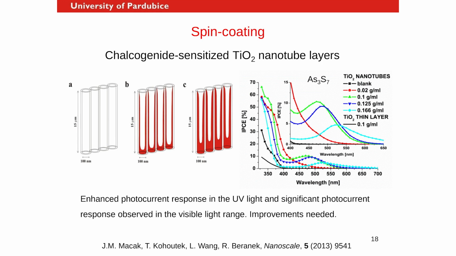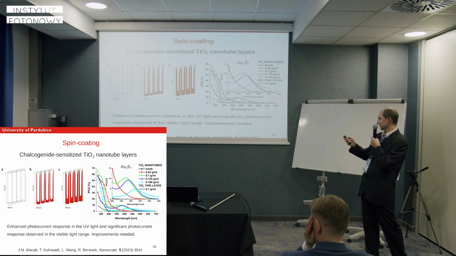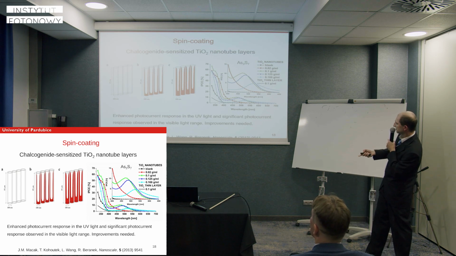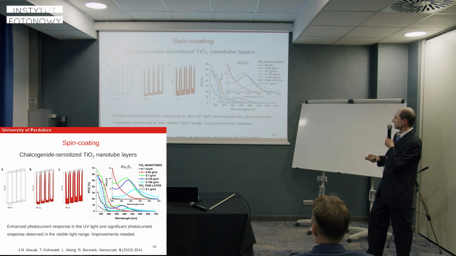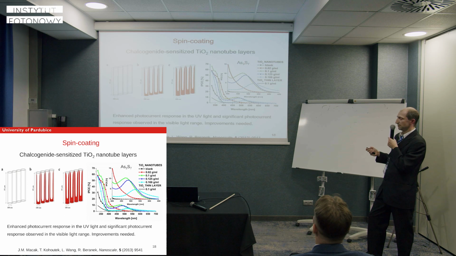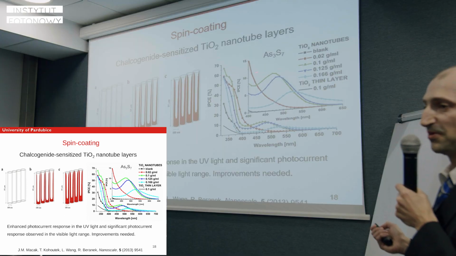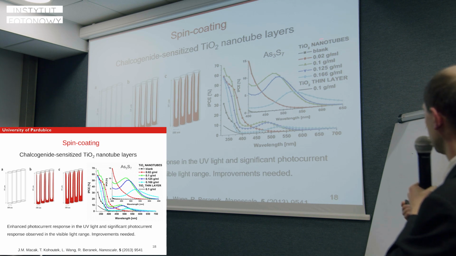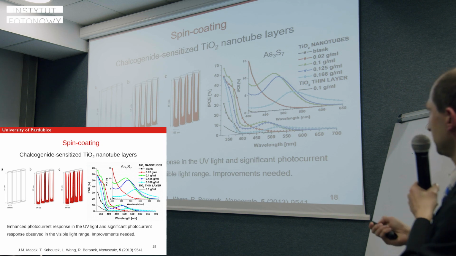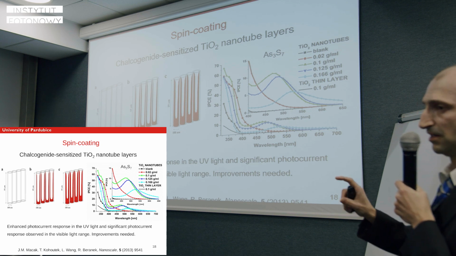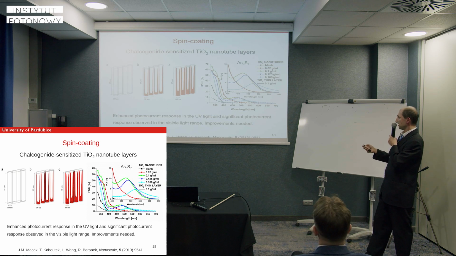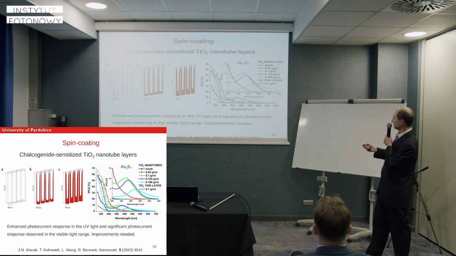So we started with spin coating because at the time we didn't have ALD. And this is the pioneering work that Jan Macák did. They dissolved arsenic sulfide. This is an amorphous material, and it's perfectly dissolved in propylamine very easily. They modified the concentration of the arsenic sulfide in the propylamine, and then they deposited it on the titanium nanotubes. They're about 15 microns long and about 130 nanometers in diameter. And they found that when they increased the number of